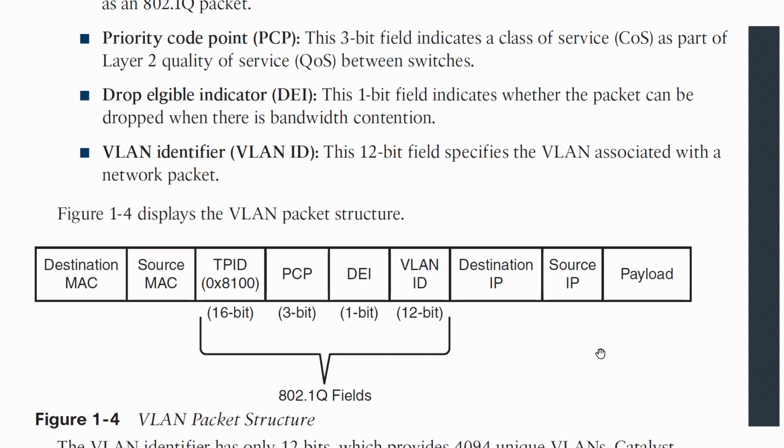Then you see up till here, layer 2 information, then after that layer 3, and then we have the payload. In the payload, we still have layer 4 headers where source port, destination port, like TCP or UDP header, will be there. Then after that your data will be there.